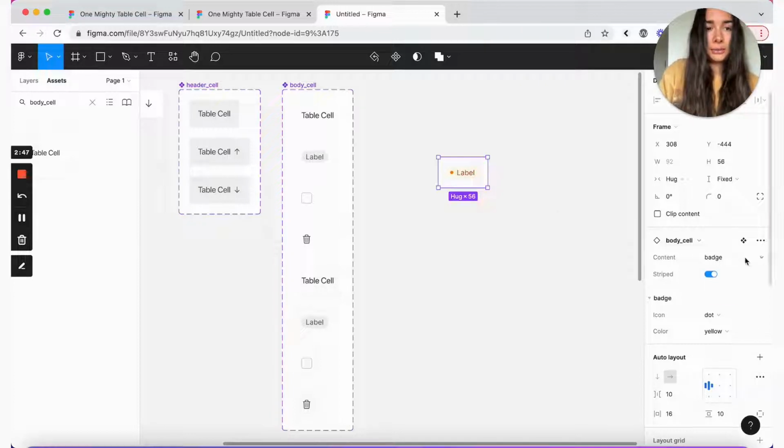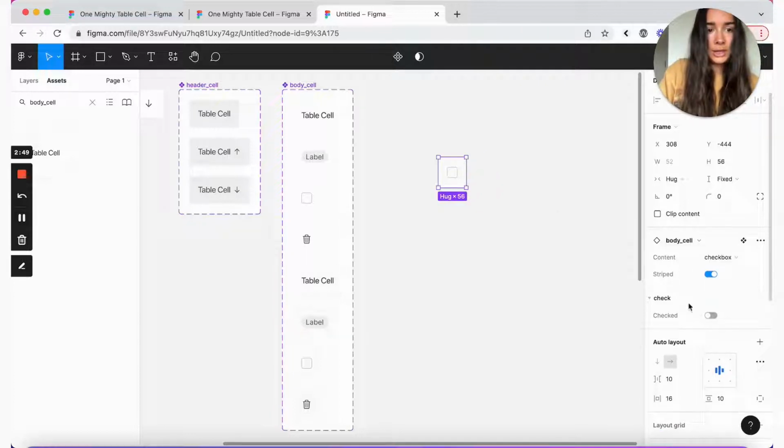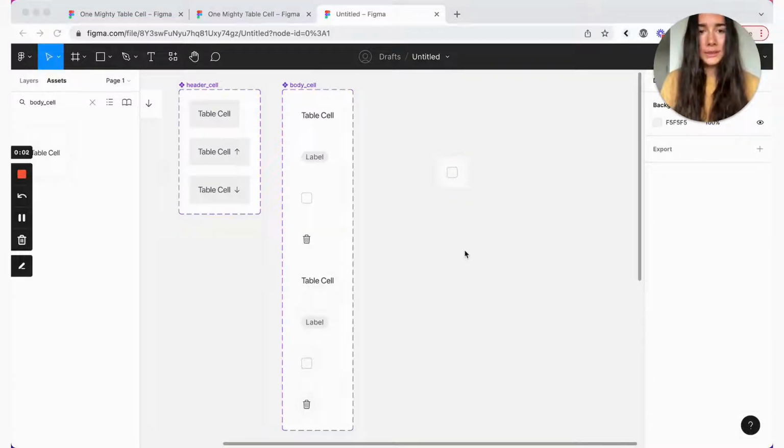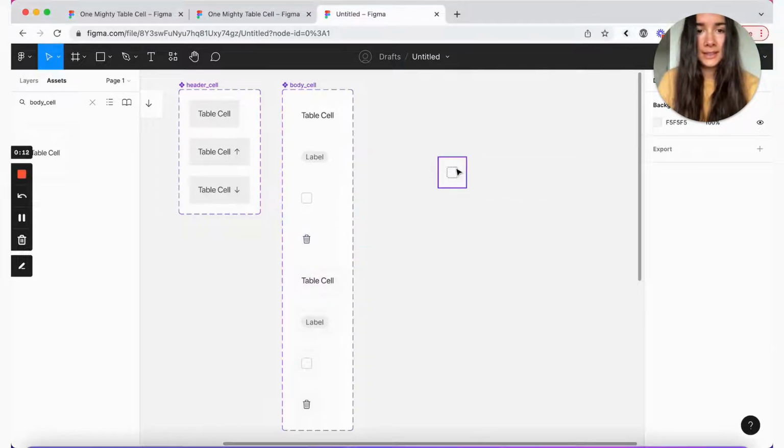But if we were to change it to a checkbox, then we're not going to see the badge properties, and we'll see the check properties instead, and we can check or uncheck it. This was the first new Figma feature that I wanted to cover. Another one is preferred values, and we can use those in our icon body cell instance here.